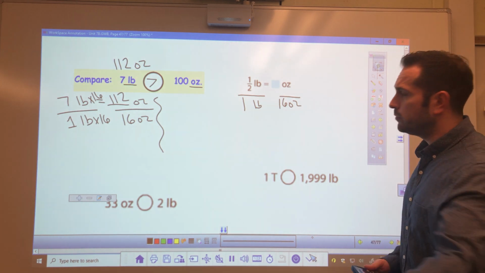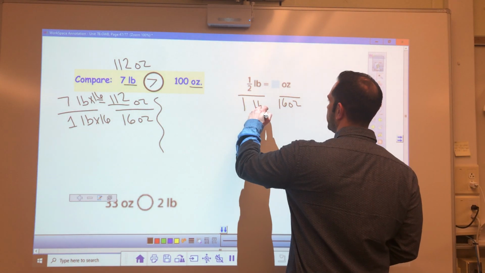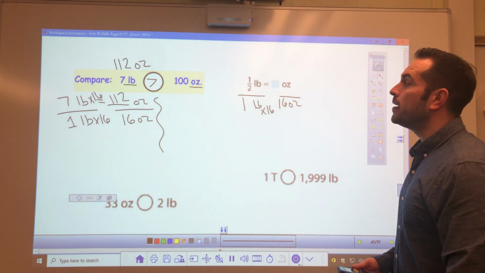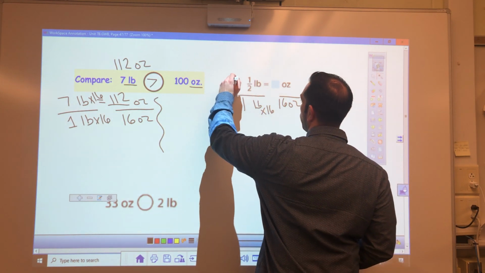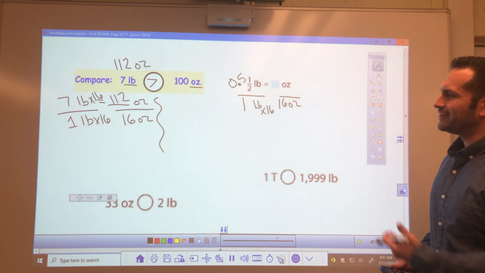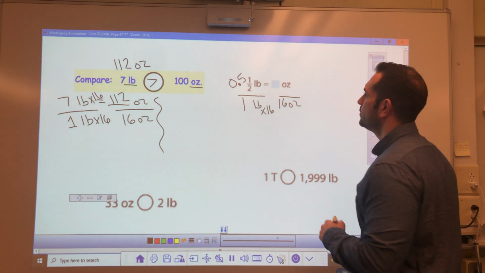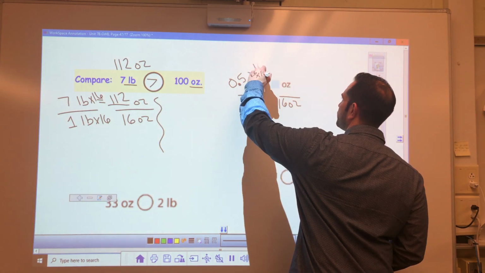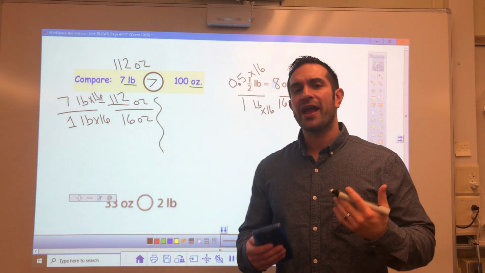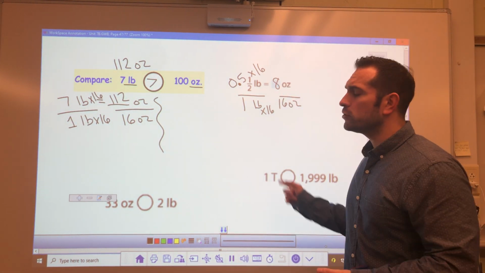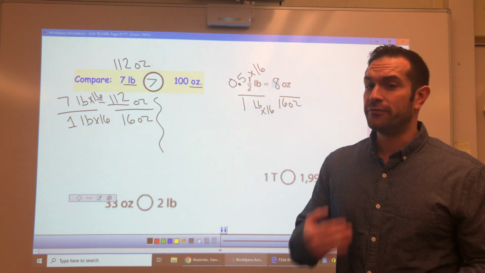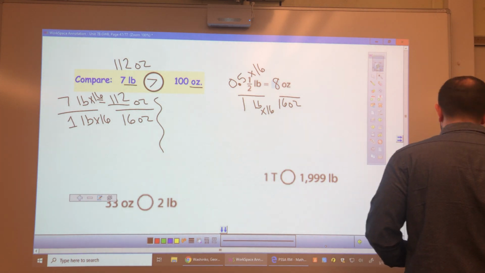Since it's low to high, you multiply. So like what we did there, 1 times 16 gives you 16. Now in this situation, you have a fraction, but you can also write that as a decimal, because remember, 1/2 is also, as a decimal, 5/10, or we still call that a half. So you do 1/2 times 16, and you get 8 ounces. So again, you think of what they have in common, or if one can be converted into the other, you create your ratio, and you either use multiplication or you use division, okay? So that is how we do it with